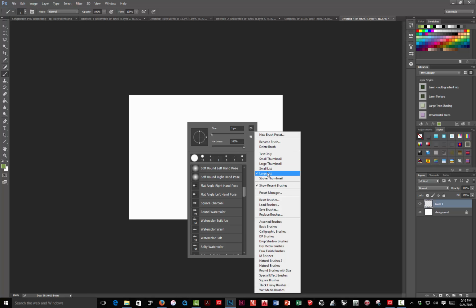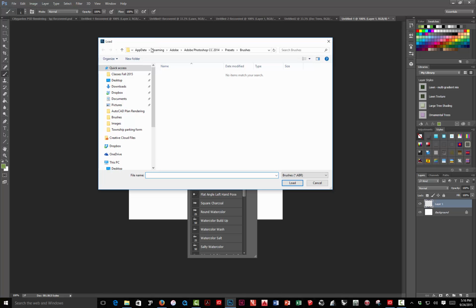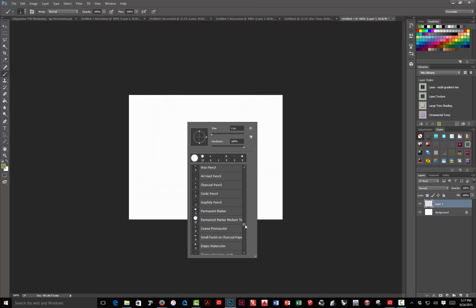Okay, I'm not sure why I lost my brushes, but I will load some brushes in, and I will make these available for you on the 251 Angel site. So presets and extras, I will give you these brushes I just set up. I think those of you who were freshmen last year here, it's a set of rendering brushes. I'll load those in, and one of the brushes down toward the bottom is